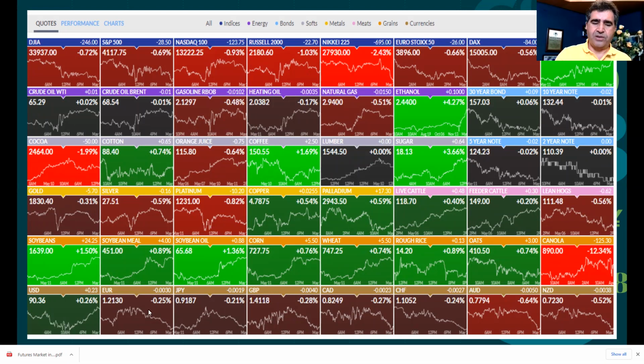Last but not least is your currencies. So the major currencies such as the Japanese yen, British pound, euro, Australian dollar, Canadian dollar. So under one roof, these are all the asset classes that you can actually use as an underlying, and it goes even further. They have subclasses, but these are the main ones. So basically that's the advantage of trading futures, because you have so many asset classes, and some of them are completely unrelated. There's no correlation, so you really don't run out of ideas for trading, in my opinion.